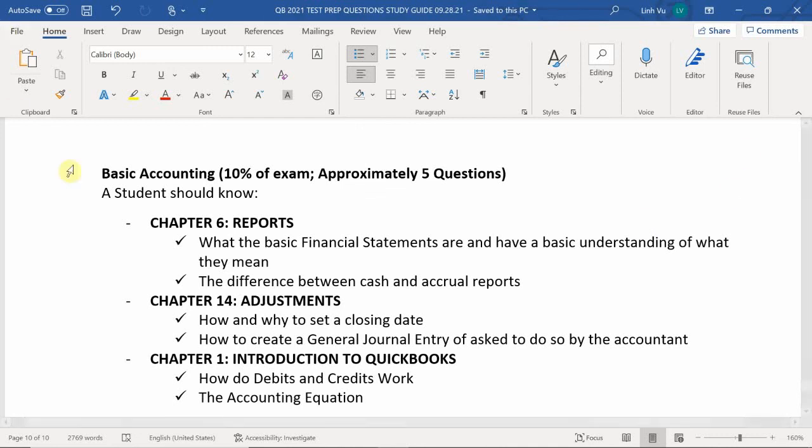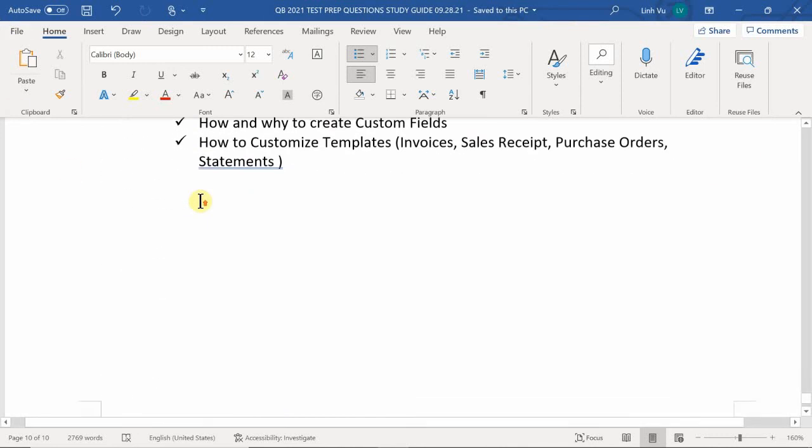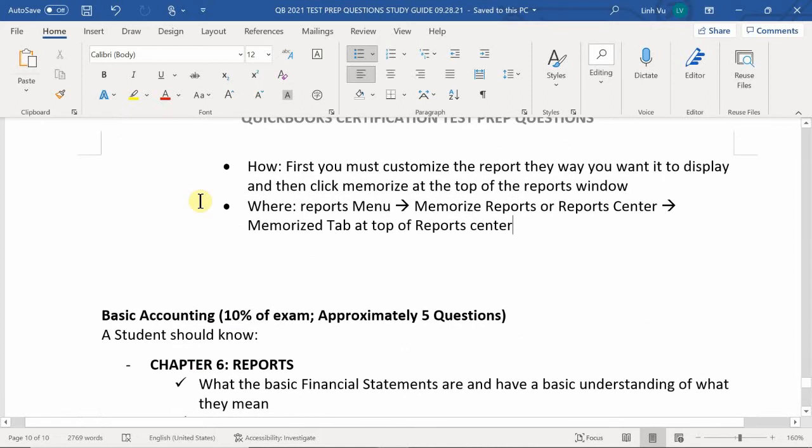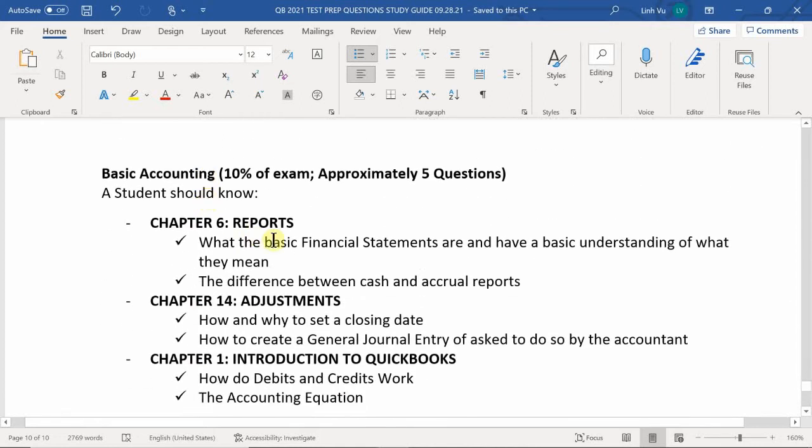Okay, so let's finish up the last two sections here. Again, a small section of this is going to be basic accounting, which is 10% of the exam, consisting of 5 questions. These are basic accounting. If you remember in chapter 1, we had that small section that introduced you